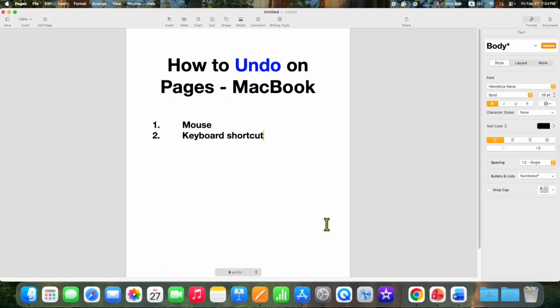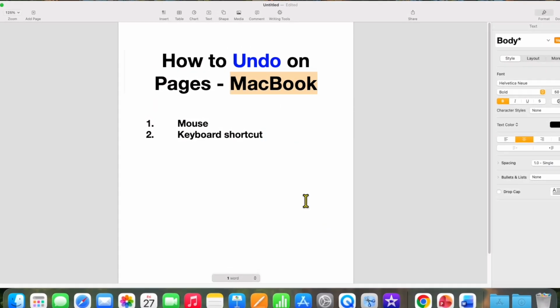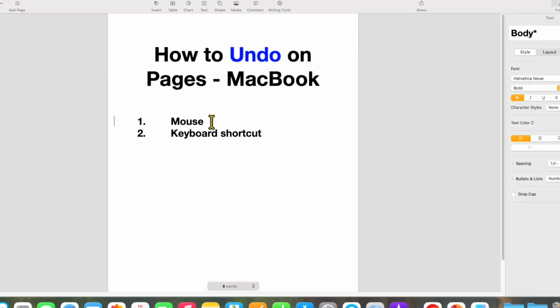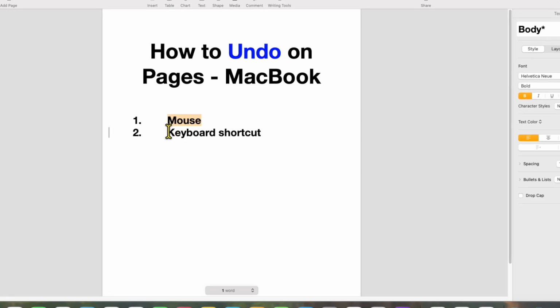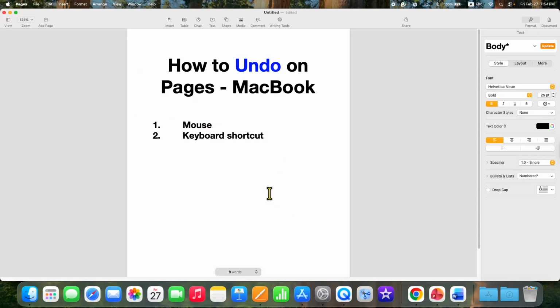In this video, you will see how to undo on Pages on your MacBook Air or MacBook Pro. I will show you two methods. First is using the mouse click and last is the keyboard shortcut. Let's get started. First, if you want to undo using your mouse, then what you need to do is simply